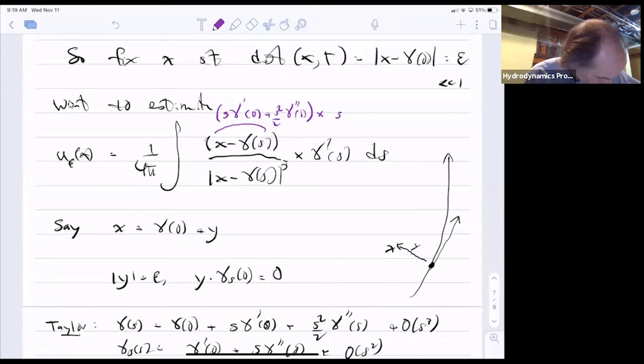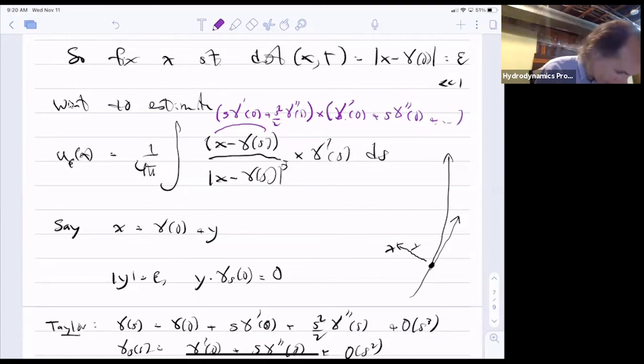Right, plus gamma prime of 0 plus s gamma double prime of 0. And then this is epsilon squared plus s squared to the 3 halves, I believe. Okay, and so imagine taking the cross products. And what will I get? So the first term is,